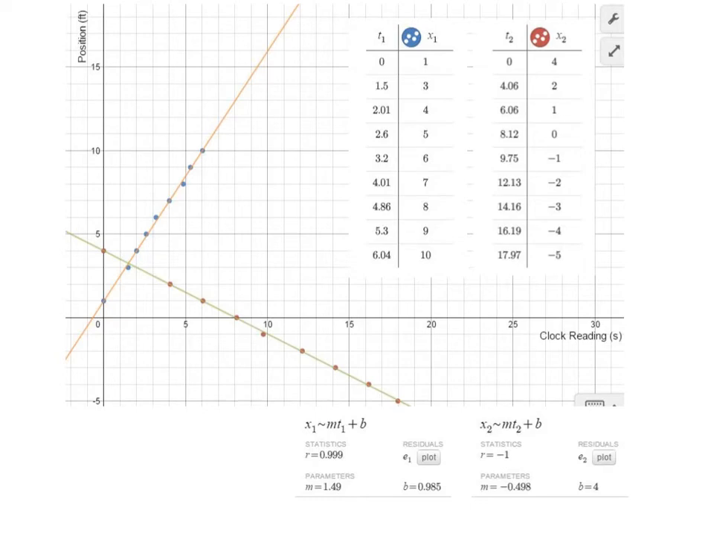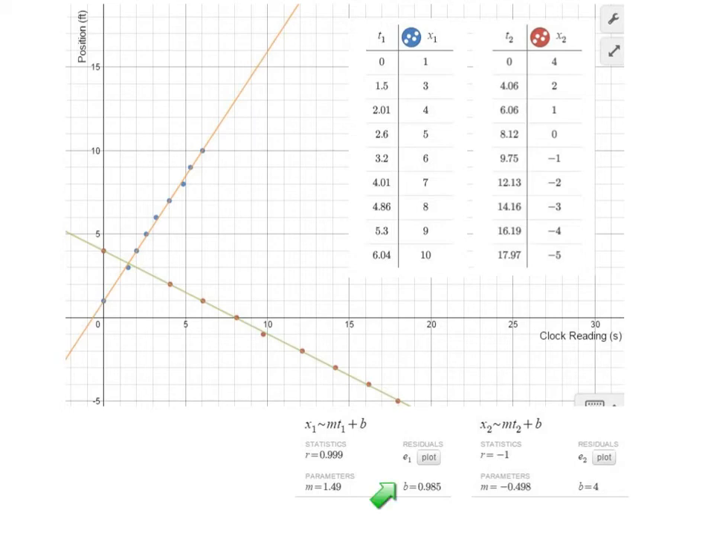Another cool thing that Desmos does is that it will generate a best fit line that you can see already graphed through the data set for both the blue car and the red car, as well as the statistics for that best fit line. And so the blue car, according to Desmos, has a slope value of 1.49 and an intercept value of 0.985, while the red car has a slope value of negative 0.498 and an intercept value of 4. Now we've already discussed that the vertical intercept of the blue car is its starting position, and you can see the very close